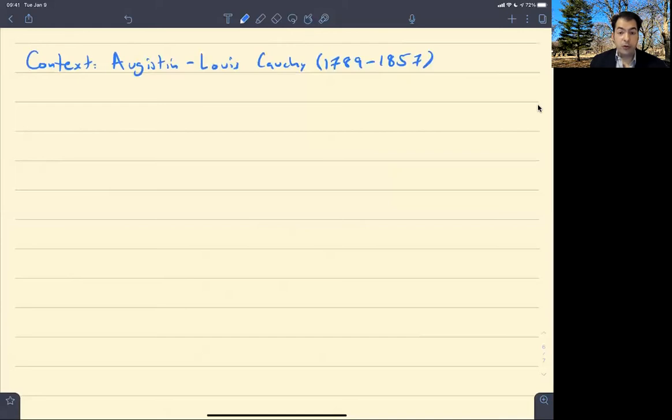Napoleon was in charge, and Napoleon wanted to invade England. So Cauchy was sent to work in Normandy on the coast facing England, trying to set up the port to be ready to launch an invasion of England. But after a few years, he realized that really what he enjoyed was the mathematical aspects of his work, and he really wanted to devote himself to math. So he went back to Paris and started his mathematical career, but